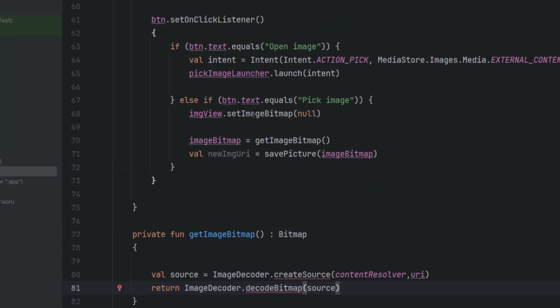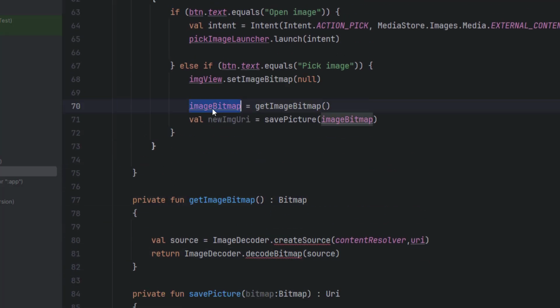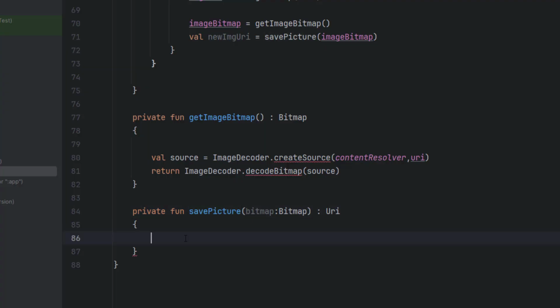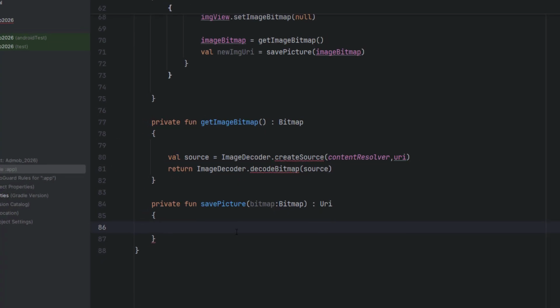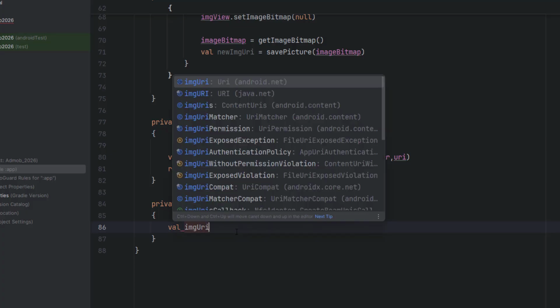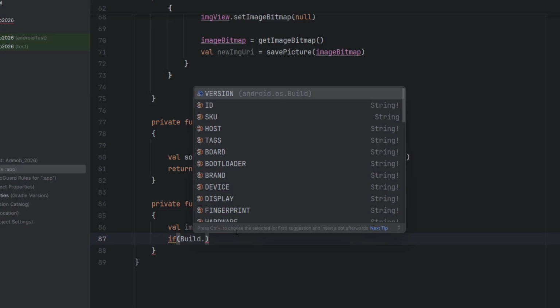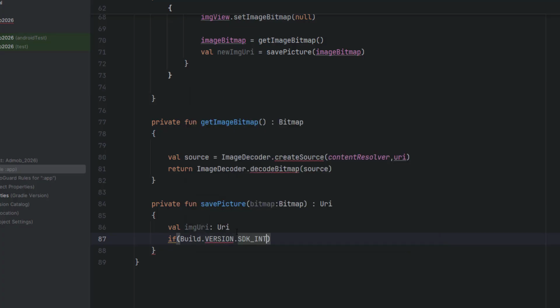All right, so after we get the image bitmap here, we can send this image bitmap to save picture, so that the image is saved into the directory. So now here we have the main function of the save directory. Here first of all we have to use an image URI, so for that we can say value image URI. Then we have to check for the Android version Q. So here we can say if Build.VERSION.SDK_INT is greater than or equal to Build.VERSION_CODES.Q,